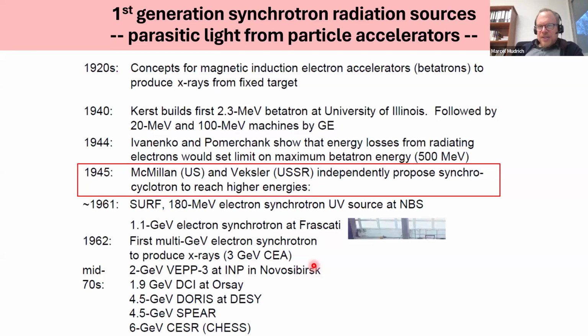These accelerators in the beginning were not at all designed as light sources, but for collision experiments. But clever photon scientists in the 60s and 70s of the past century figured out that these